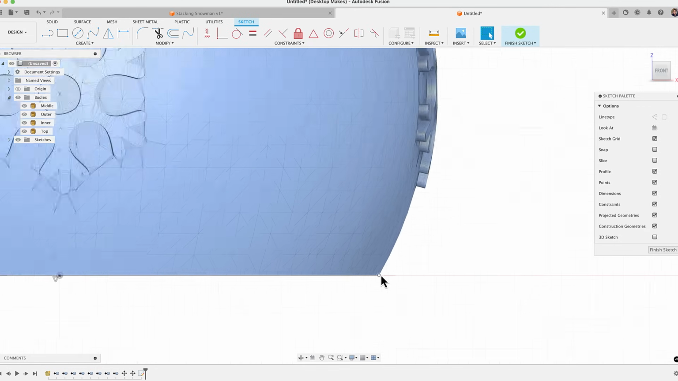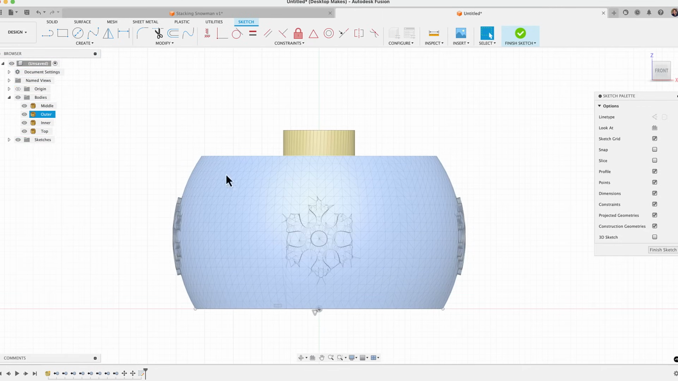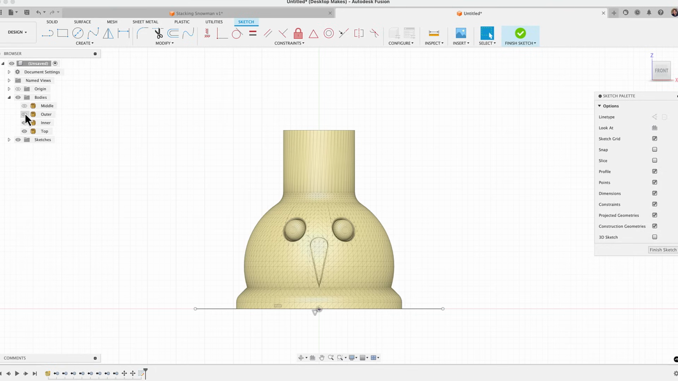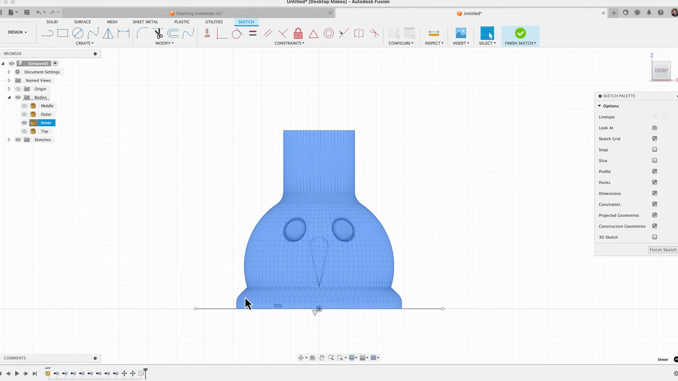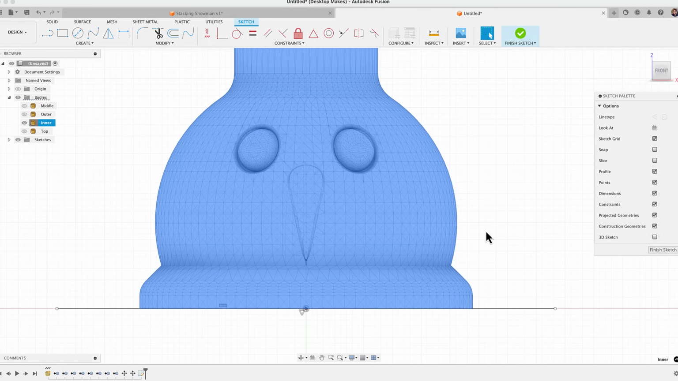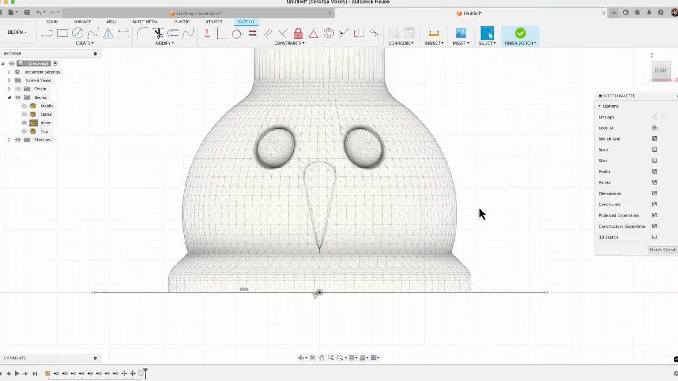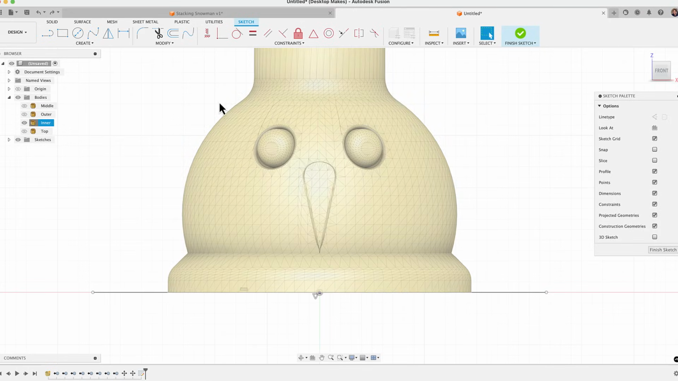Alright, so we're going to zoom out here, and let's start with tracing the inner body here. So I'll untoggle the visibility of all the other ones. To make it easier to see our sketch lines, I'll right click here on the inner, and then I'll go to opacity control, bring that to 10%. All right, I'm gonna zoom in here, and you can see what that does. So if I undo, see how that's dark and then it's really light,